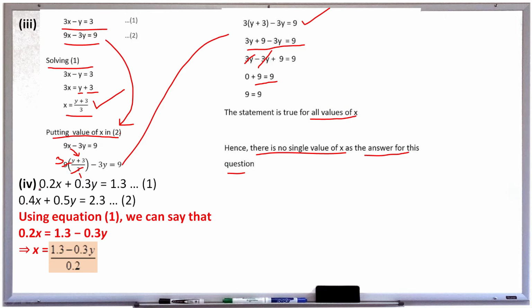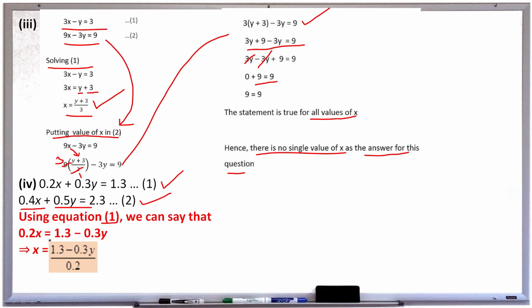Next, question number 4. 0.2x plus 0.3y is equal to 1.3, that we can take as equation number 1. 0.4x plus 0.5y is equal to 2.3, equation number 2. Using the first equation, we can say that